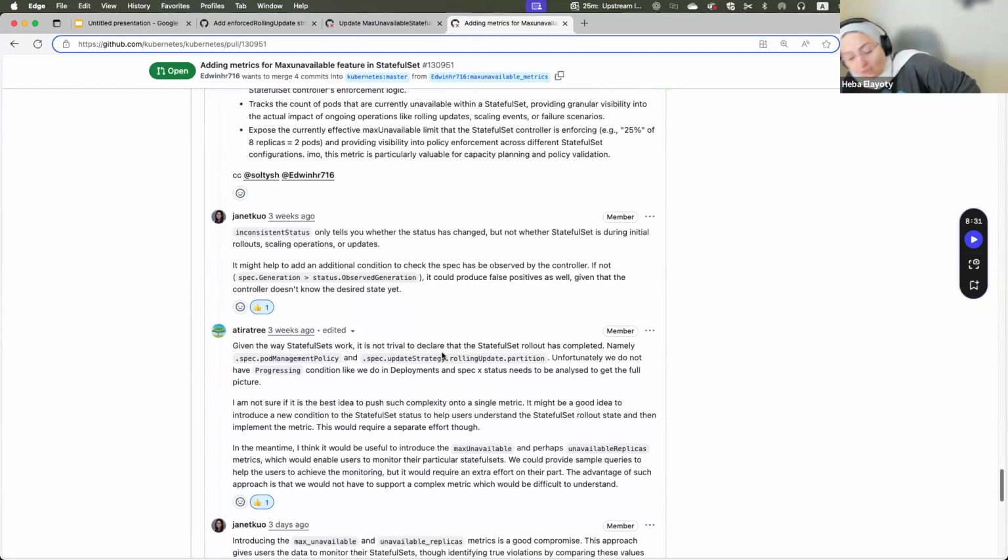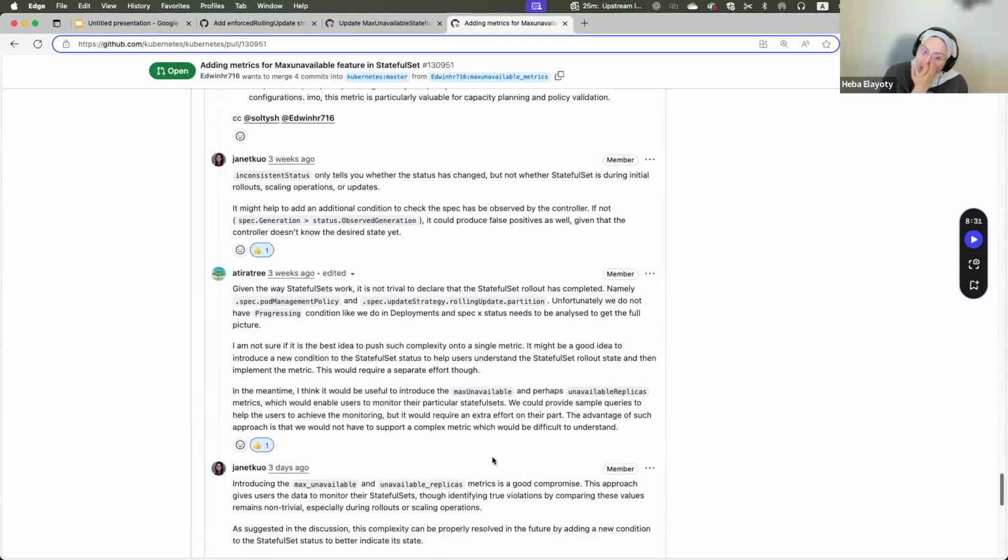They proposed going with two metrics to solve this problem: the max unavailable and unavailable replicas metrics, and both of them will gather the metrics that the user needs.